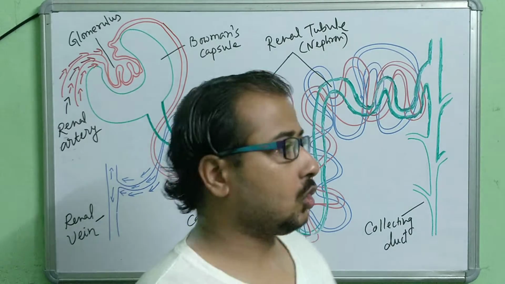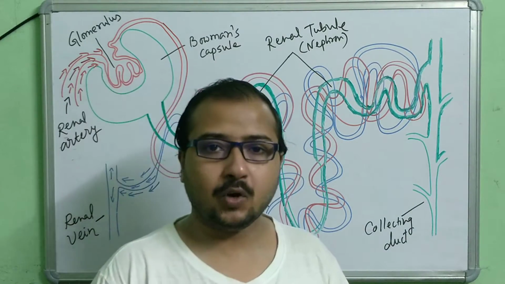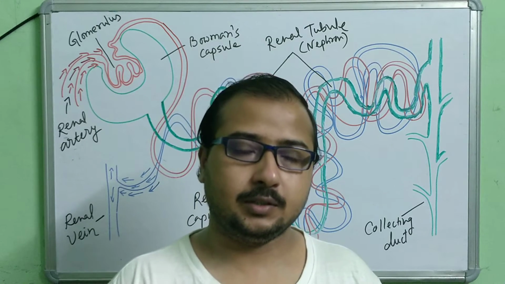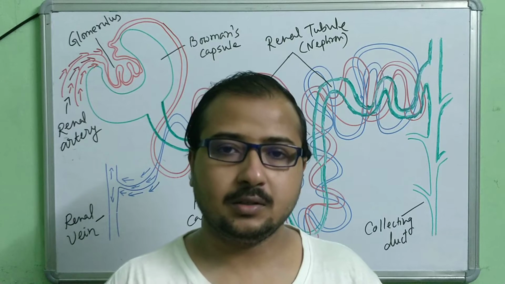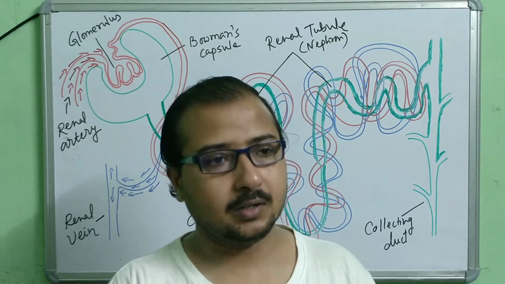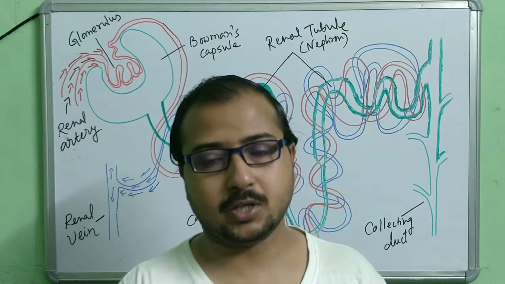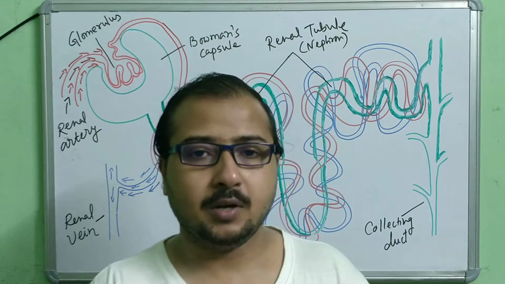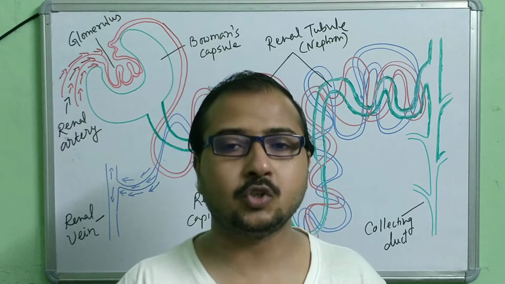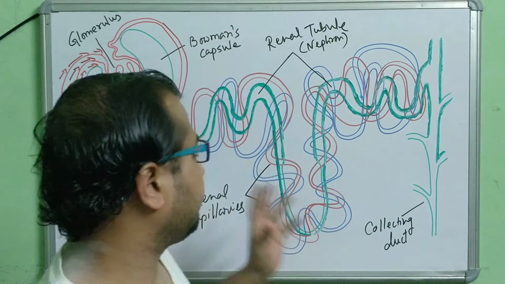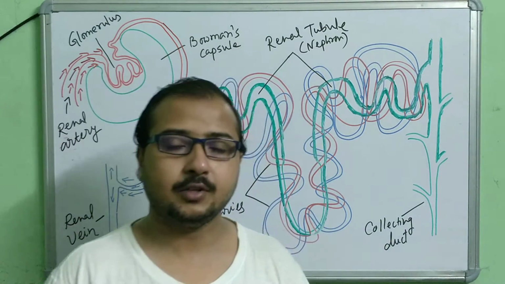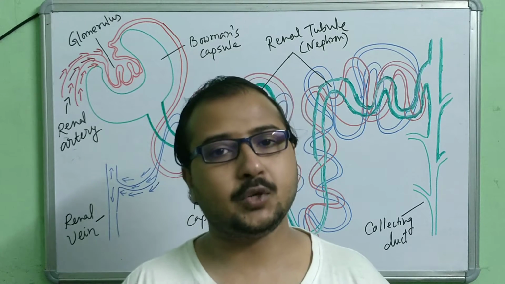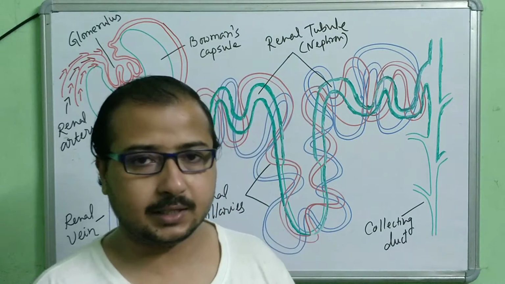Okay, so in volume 1 we have discussed the kidney's internal structure, the basic information, and the excretory products which are produced in our body, everything we have discussed. Now particularly in this video I am going to discuss with you the mechanism of blood filtration, or you can say the process of urine formation, in the kidney.